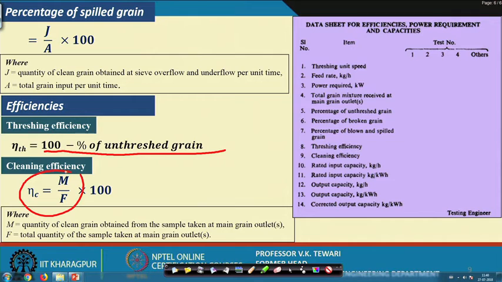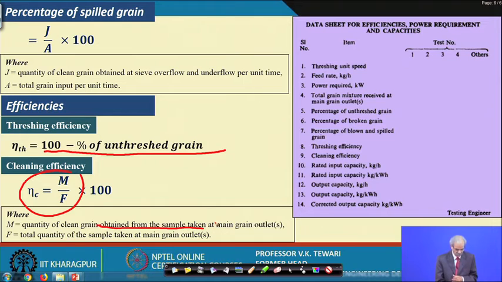See, we would like that it should be as clean as possible. So, the total quantity of sample taken at main grain outlet and the quantity of clean grain obtained from the sample taken from this. You need to take several samples in order to get a correct idea about the cleaning efficiency of this. So, when you take samples and get this m by f, you should be in a position to find out the cleaning efficiency of this, and then accordingly report on this particular data sheet which is provided by the BIS